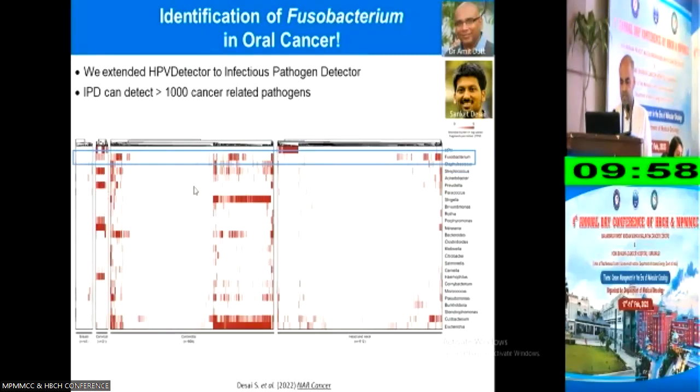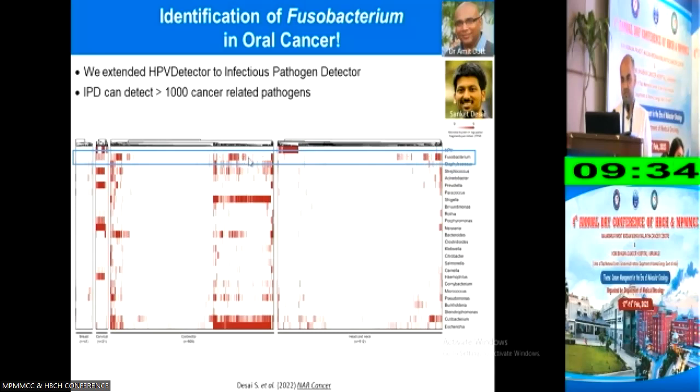This entire panel is colorectal cancer, and these are all head and neck cancers. These are all sequenced at Tata Memorial in-house. Now here we see HPV and several other expected organisms to be identified in cervical cancer, oral cancer, and so on. But to our surprise, we observed that Fusobacterium was highly enriched in several oral cancer cases, similar